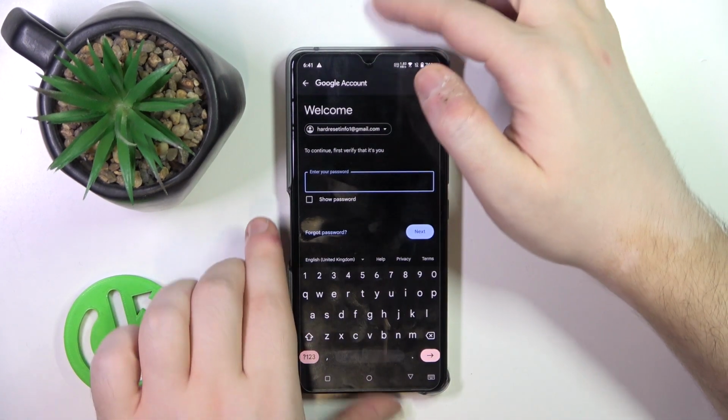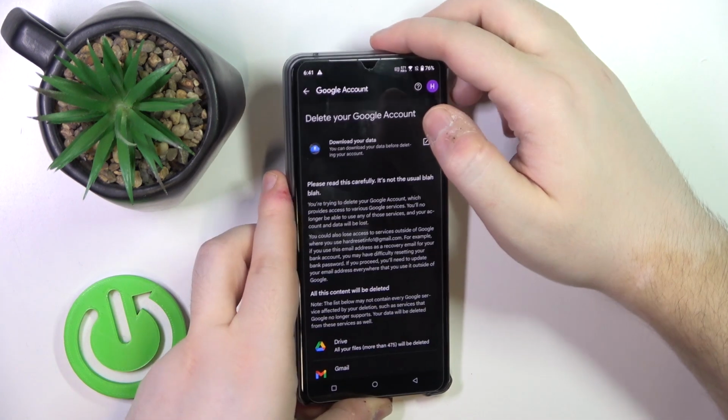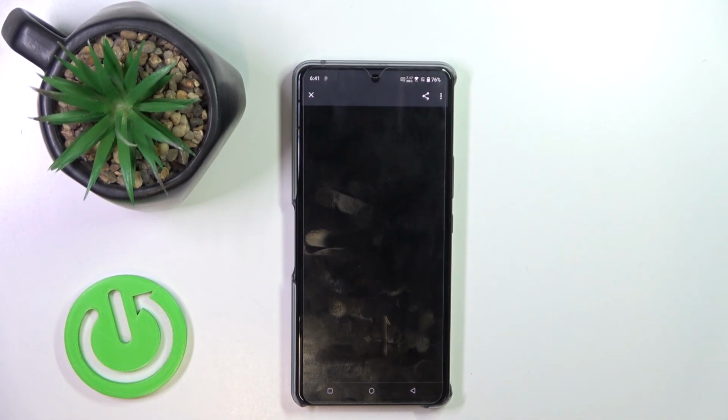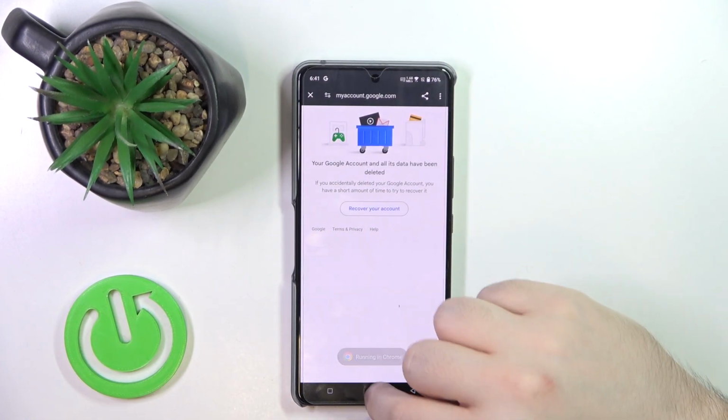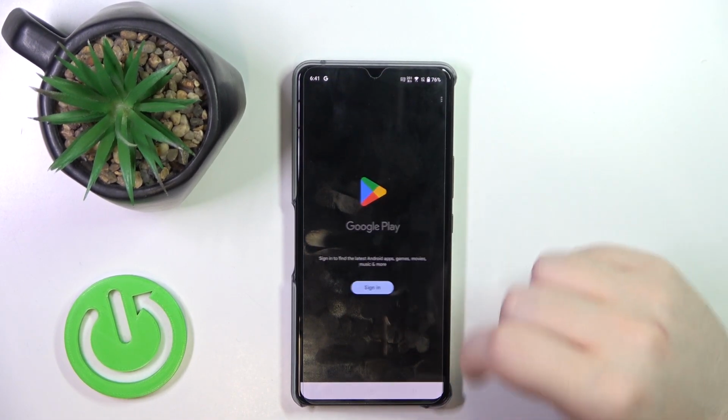And here you have to enter your password. Now you have to scroll down and check these two checkboxes and then click Delete account. Now your account has been deleted, so let's recover it by opening Google Play Store, for example, and then click